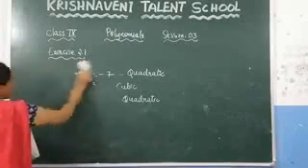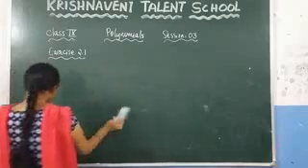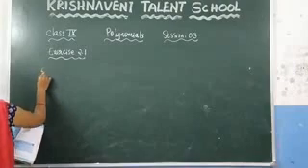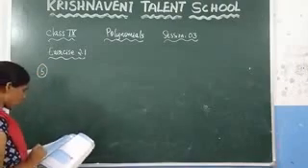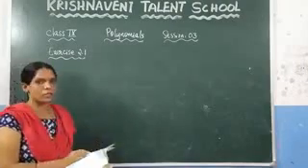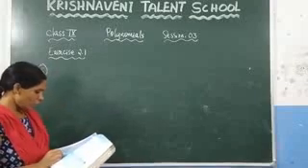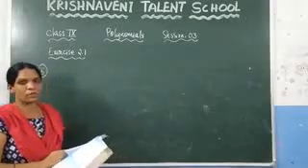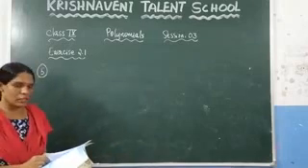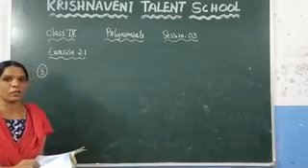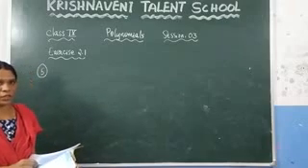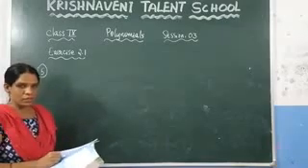Now see the last question from this exercise. And fifth question. Just you have to state whether the given statements are true or false. Here, what is the first question given here? A binomial has two terms. What is meant by the binomial? If a polynomial contains two terms, we call it as a binomial. So, the given statement is true.